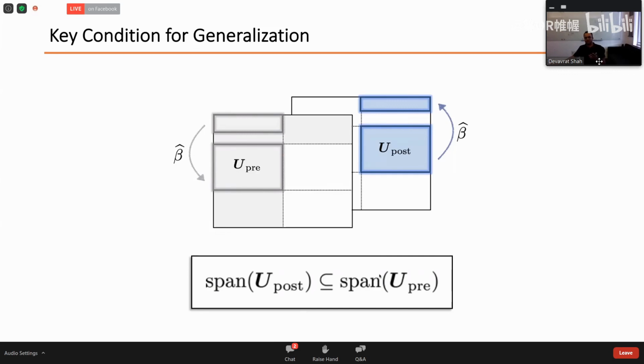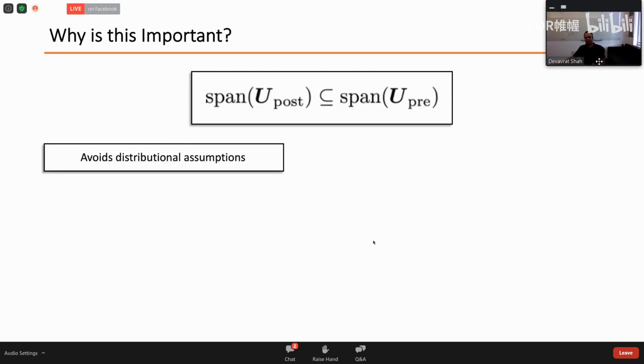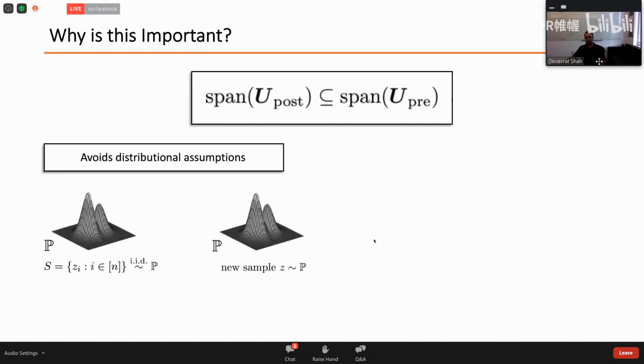Now, this necessary condition, we can verify it in a data-driven manner, and that's why we are stating it here. And once we have this, a nice, simple linear algebraic constraint, we can build a hypothesis test and build a simple generalization theory on it. Now, one subtle difference that arises as we focus on this as a condition to do generalization is, on one hand, it avoids distributional assumption. On the other hand, it requires one to think out of the box in the traditional generalization theory.